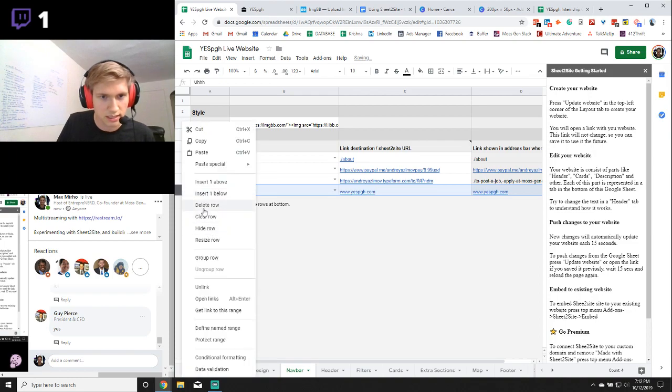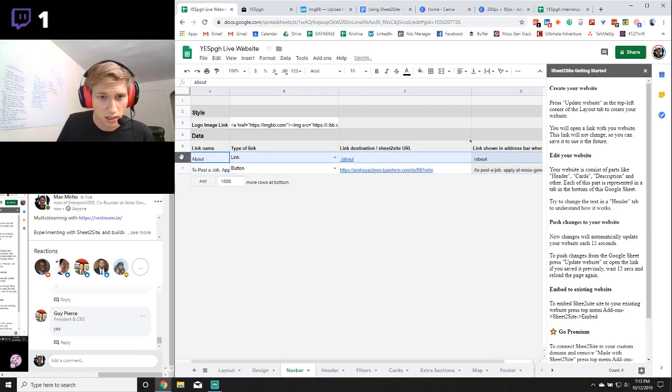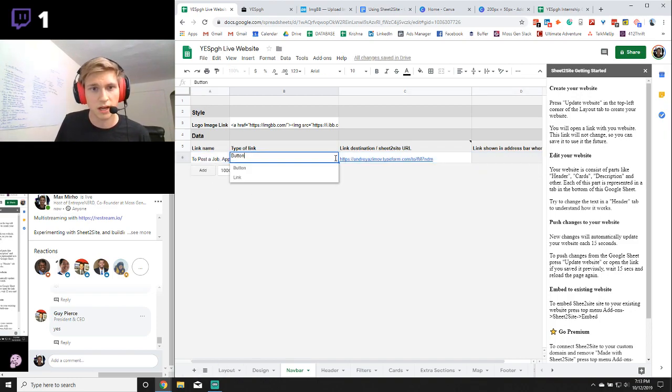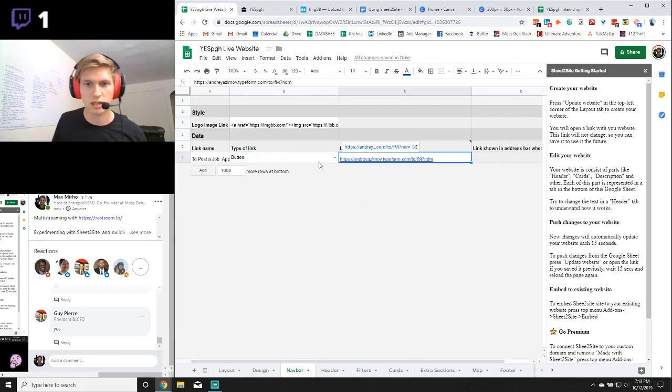Let's delete these, and it should just automatically delete. Pay via PayPal, delete, delete. That should be fine. It's not going to be a button. It's going to be, no, it'll be a link. Oh, no, it'll be a button. And then, can I change the color? And the link destination is going to be